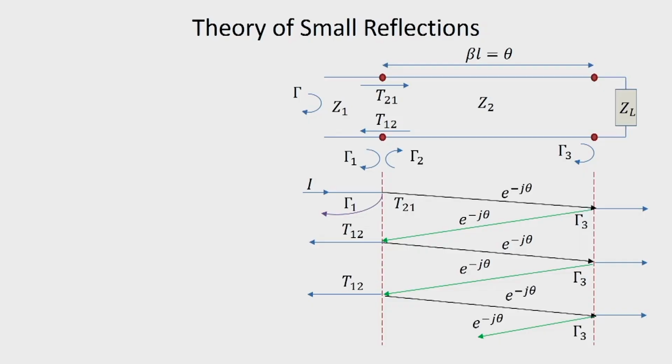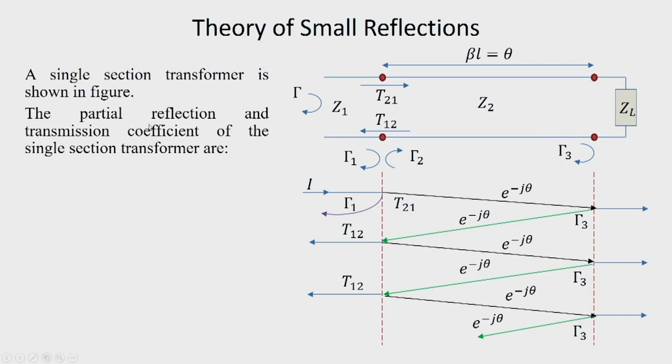Let us now move on to another topic, which is the theory of small reflections. So, here what are we considering? We are considering a load impedance ZL, a transmission line of characteristic impedance Z1, and in between we have another section of a transmission line with characteristic impedance Z2, and the electrical length of this section is beta L is equal to theta. So, this is essentially a single section transformer, and